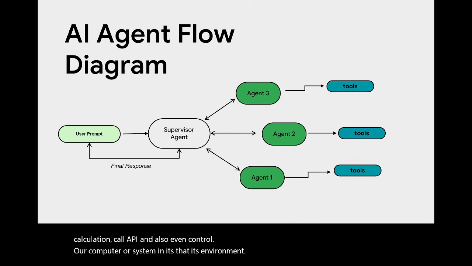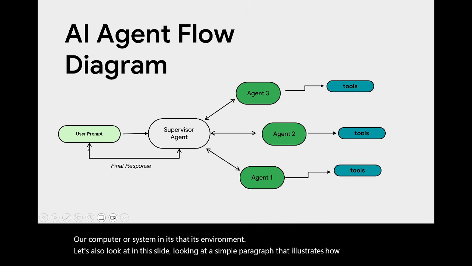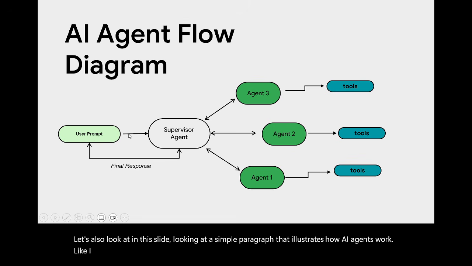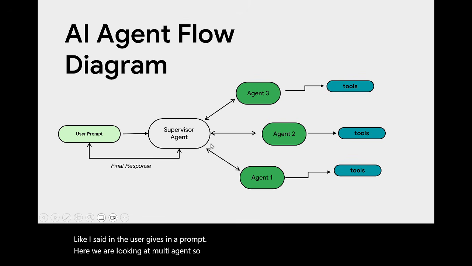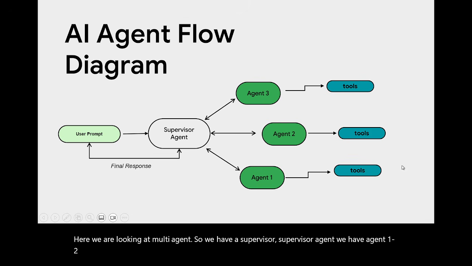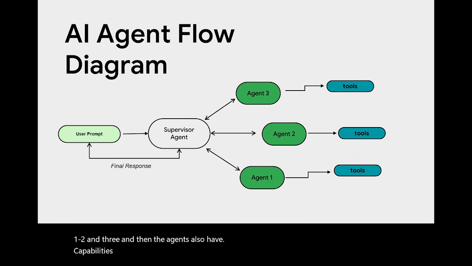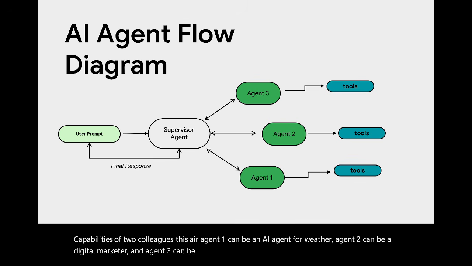In this slide, we'll be looking at a simple diagram that illustrates how AI agents work. Like I said, a user gives in a prompt. Here we are looking at multi-agent. So we have a supervisor agent. We have agent 1, 2, and 3, and the agents also have capabilities of tool calling. Agent 1 can be an AI agent for weather, agent 2 can be a digital marketer, and agent 3 can be a business analyst. These agents can have their own tools to carry out